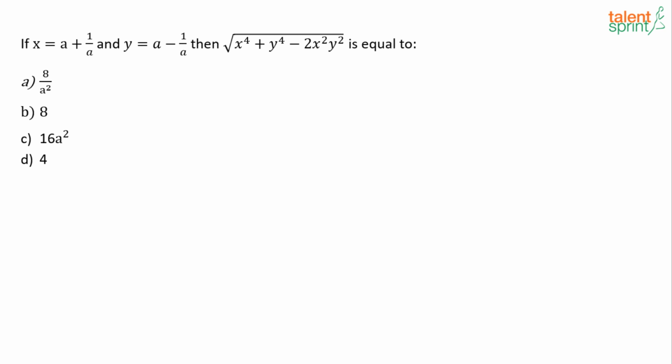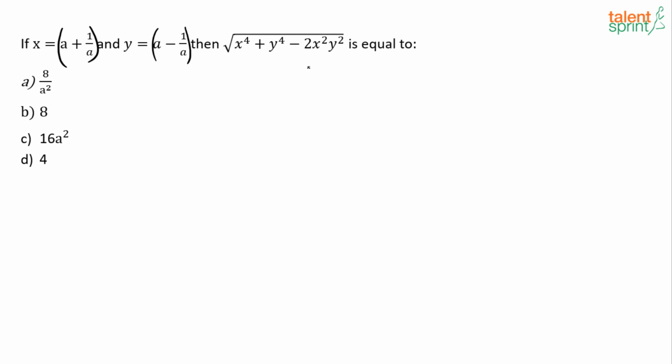This says x is equal to a plus 1 by a, y equals a minus 1 by a. Then what is x under root of x power 4 plus y power 4 minus 2x square y square equal to? So you've been given x, a plus 1 by a, y, a minus 1 by a. Now you can substitute x and y here: a plus 1 by a whole power 4, a minus 1 by a whole power 4 minus 2x square y